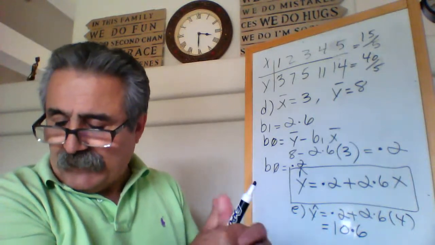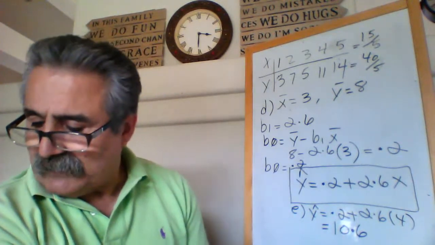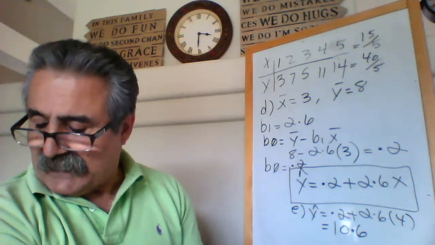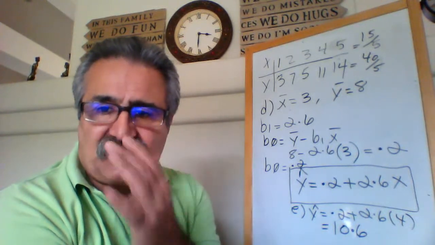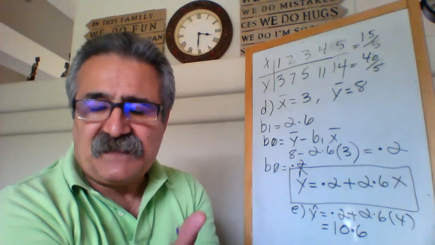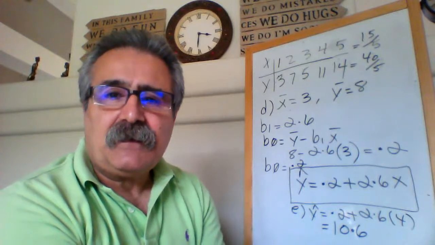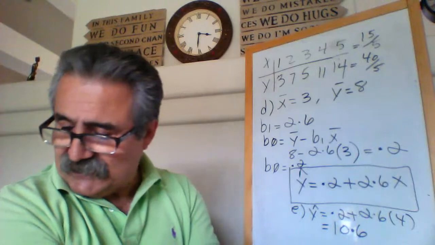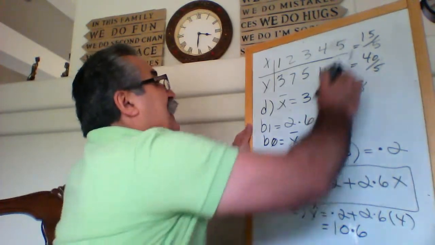Number 3, I made a mistake. On the slide it says number 4, or maybe you have the corrected edition of the slide. If it says number 4, it's supposed to be number 3, because number 4 is not the same for all editions. For number 3, we have